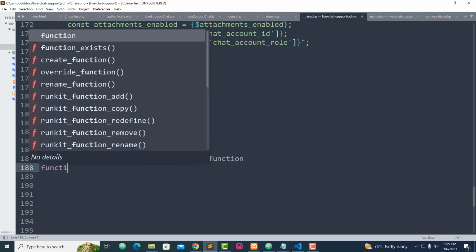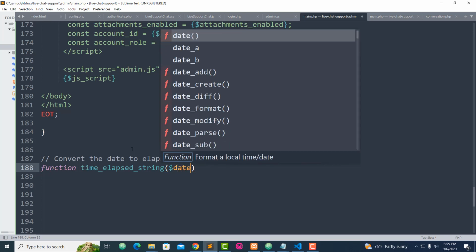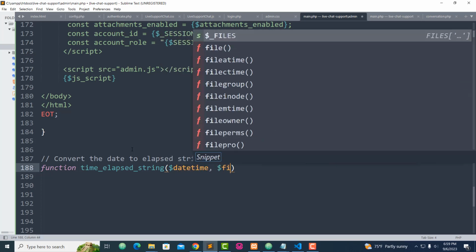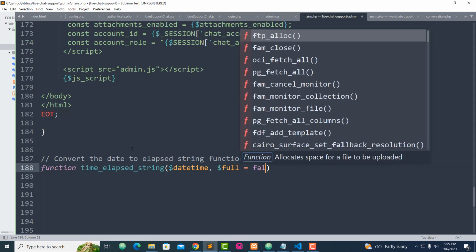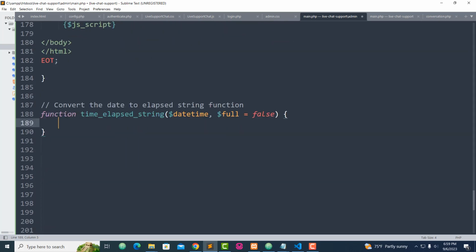I'm going to use function time elapsed string. Okay, using datetime, full equal false as a function. Now I'm going to use for time now